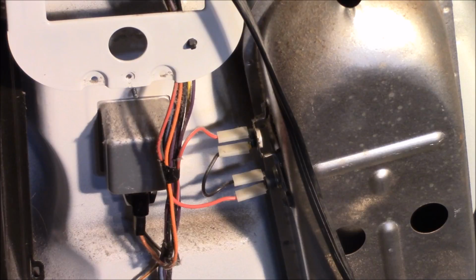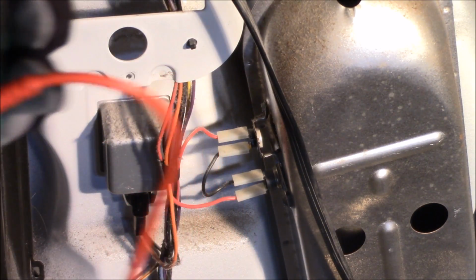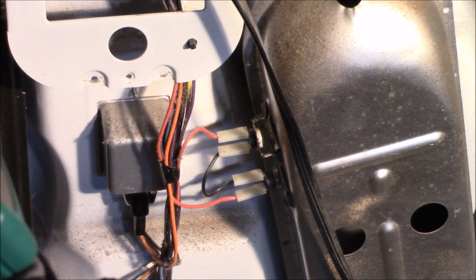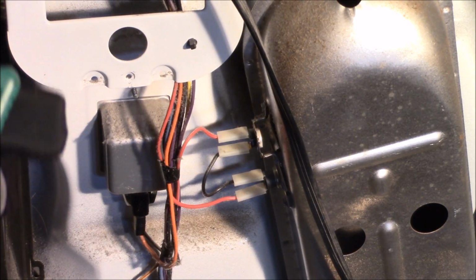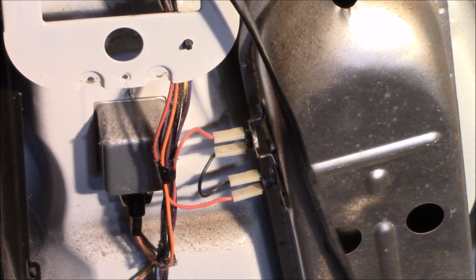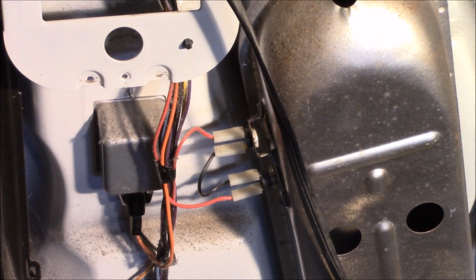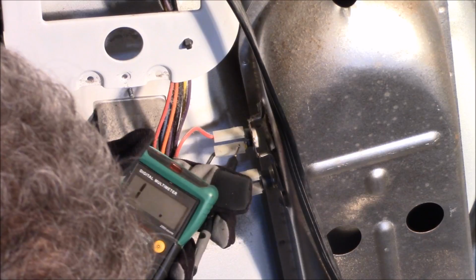Some multimeters have a setting on them that gives you an audible beep when there is continuity. That means that electricity is flowing through it. So what we're going to do is make sure that the unit is unplugged. We're going to test these